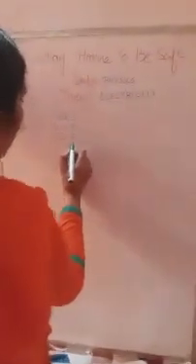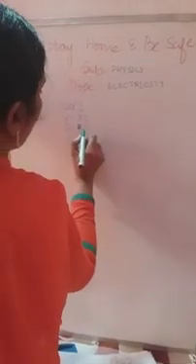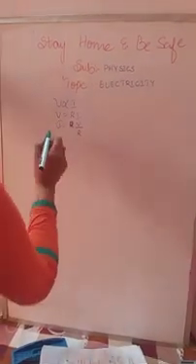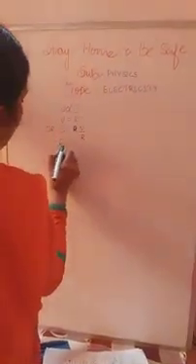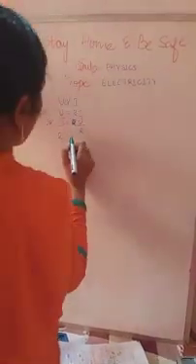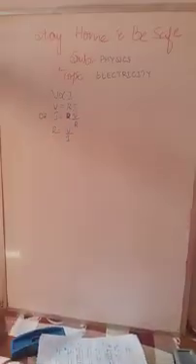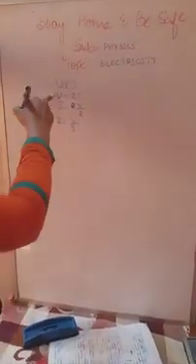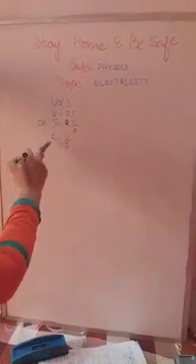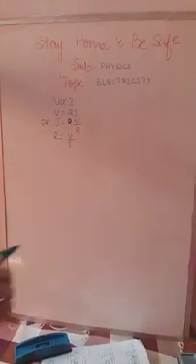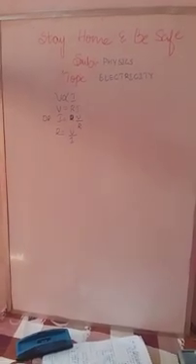Yesterday you learnt the electric current formula, I equals Q by T, when the quantity of electrical charge is given. Today one more formula for the electrical current, that is I equals V divided by R. Keep in mind, I equals what? V divided by R. Or we can get the formula for resistance, that is R equals V divided by I. So totally from Ohm's law we can get three formulas, for potential difference, electric current and electrical resistance. Keep in mind that.